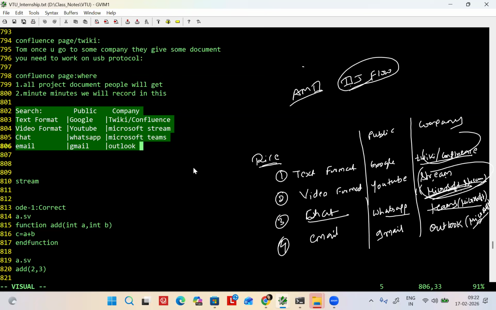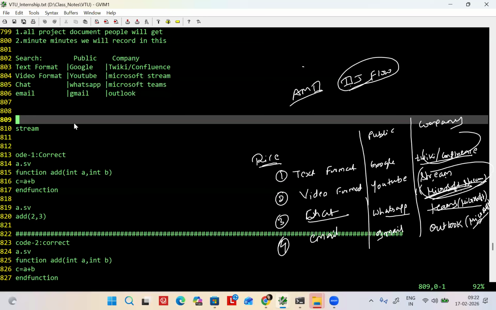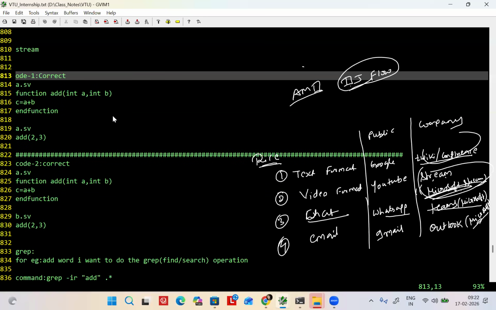So text format is searching, YouTube video format is searching, maybe chatting how to do, maybe email how to do. Okay, that is all I have said to you. Let's move to the next one.